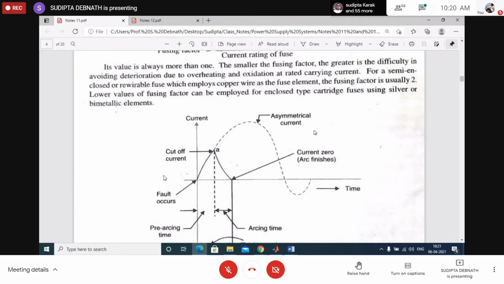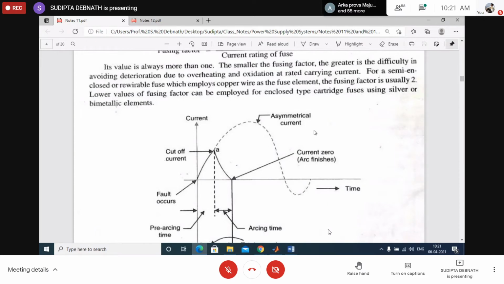The steady state period will continue unless the current is interrupted. So as soon as the fault occurs, maybe for 1 or 2 cycles huge current flows, that period is called subtransient period. After that period, current decreases to some value. It is not so high, but still high. That is called transient period. And transient period continues for few cycles. Then comes the steady state period.